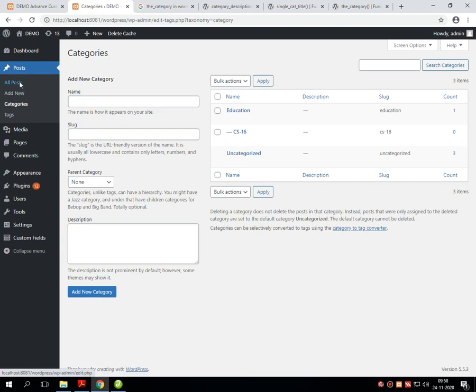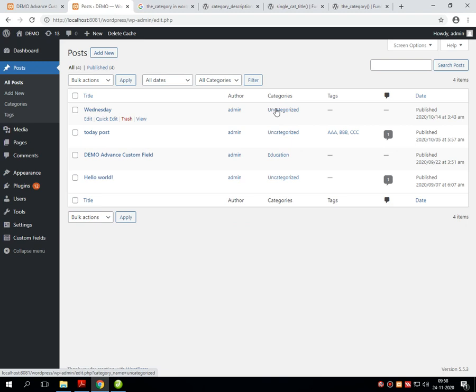In the list of posts we have kept the posts under the categories. For example, there are four posts in total. Three posts are under the category called Uncategorized, which means no category is given for them, but this demo advanced custom field is given under the category called Education. This is the scenario.